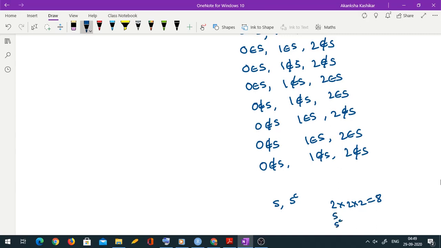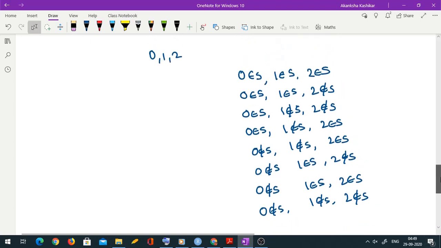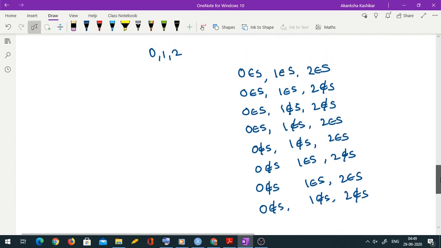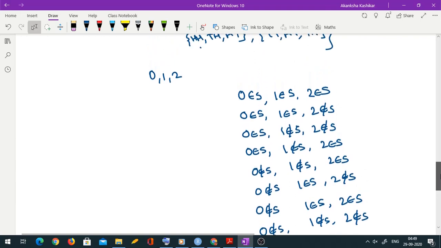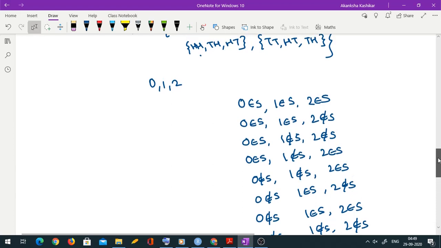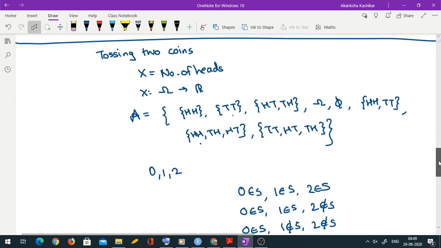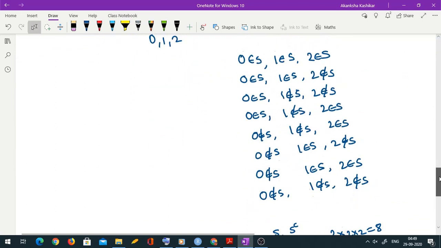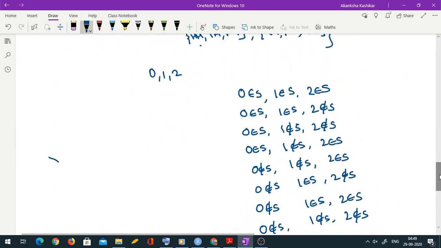0 can be either in S or S complement. 1 can be either in S or S complement. 2 can be either in S or S complement. So you have 8 choices. So all these are here. And now let us see under each of these possibilities what the inverse images are. So if 0, 1, 2 all three are in S, then in the inverse image I will get everything, because the inverse image of 0, 1, 2 is nothing but the entire Omega. So I would get my X inverse S to be the entire Omega if all three are in there.